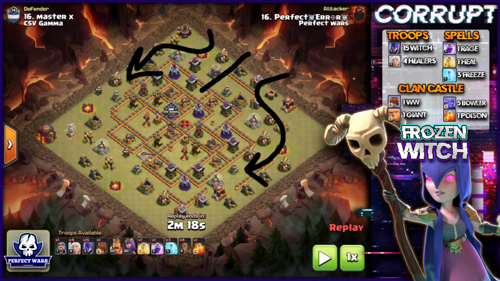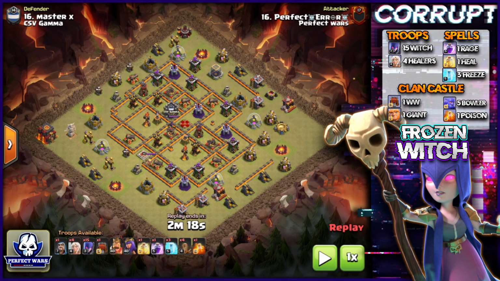Once that's happened, we can start sending in everything as they go through. We have the heal and rage for the bowlers towards the back end of the base. We have a quad quake for around the core. And we have freeze spells to get freeze value. This is specifically Expos, Wizard Towers, Multi-Infernos, possibly the Queen if you're having to deal with it, and you're bringing